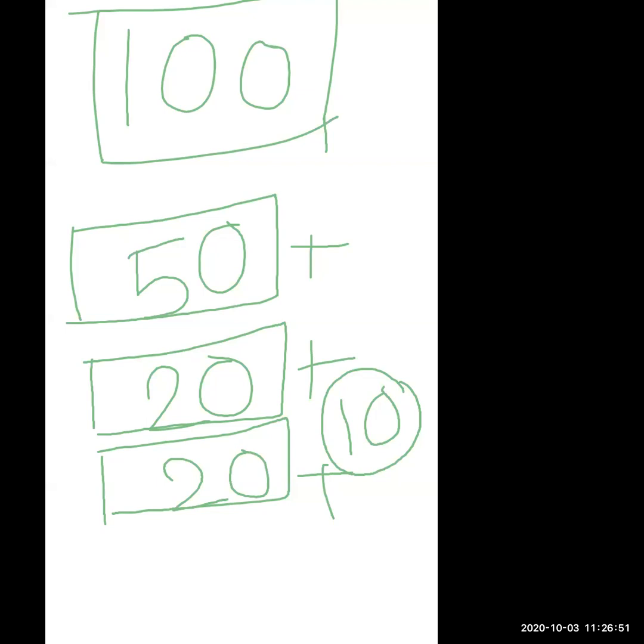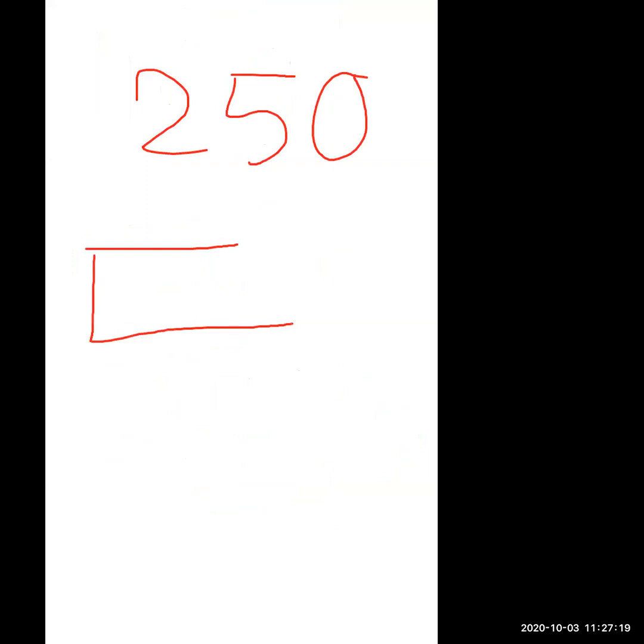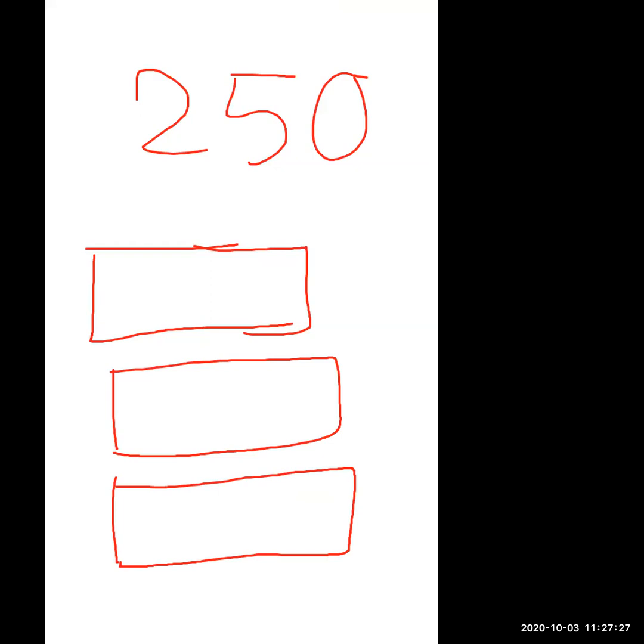Okay, now I want to check. Again, I'm going to give you a sum like this on the whiteboard. I want to check how many students have given the proper answer. That means I will understand how clear the concept is. Okay, now I'm going to write here 250. You want to make the 250 in 3 parts. See, this is the 3 notes, 3 rectangles I have given to you. You want to make the 250 in 3 groups.